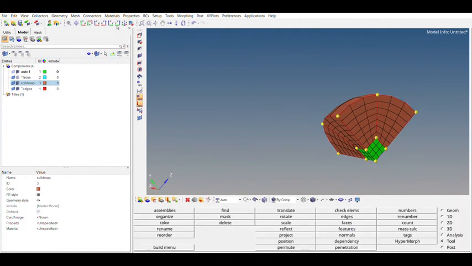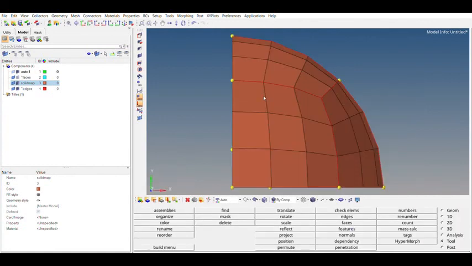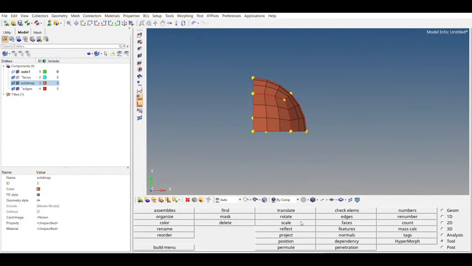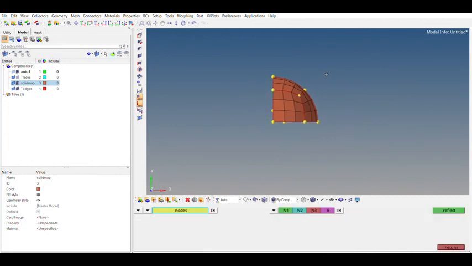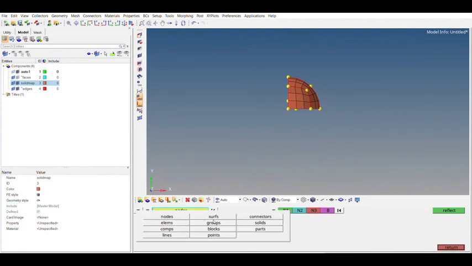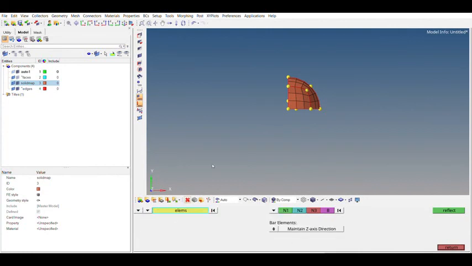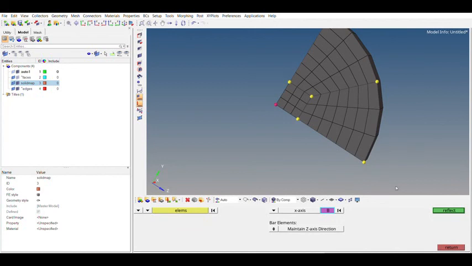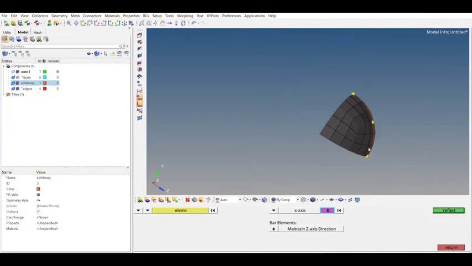Now again what I need to do is following the reflect command, completing the sphere. So from the reflect command, select the elements, and then duplicate them. Then original component, then check the axis as x-axis first. Let the base node be the center node here. Now reflect it. Here is the reflection.